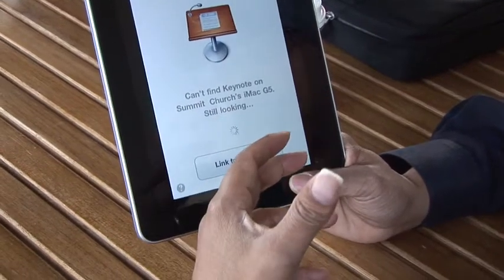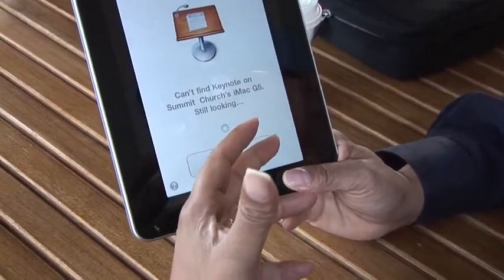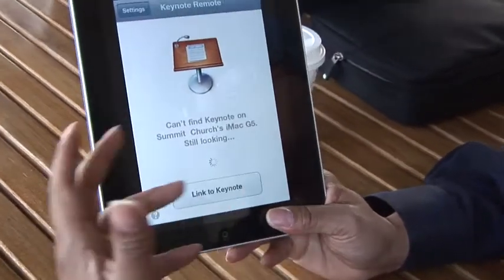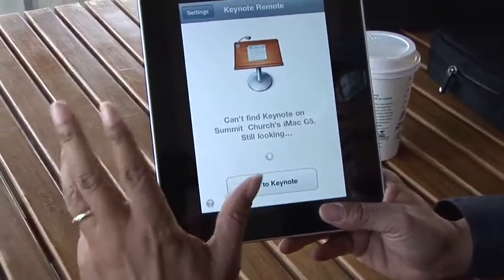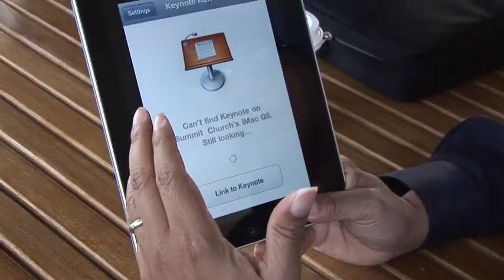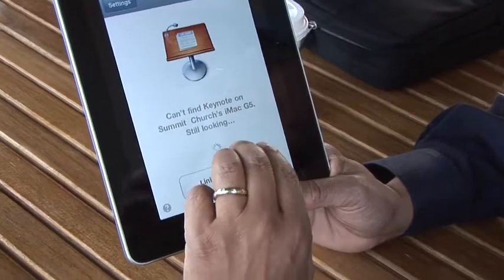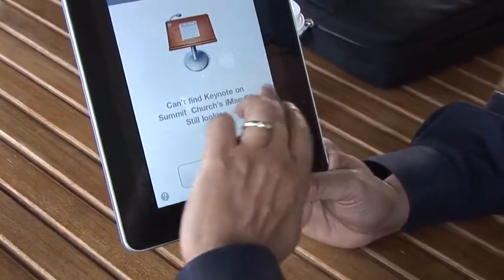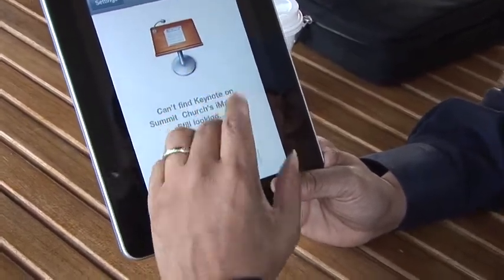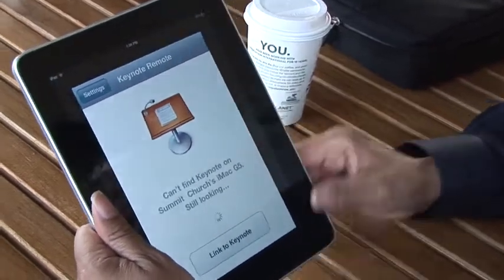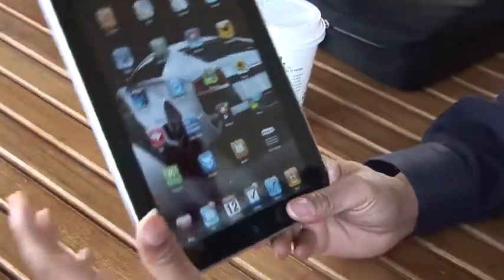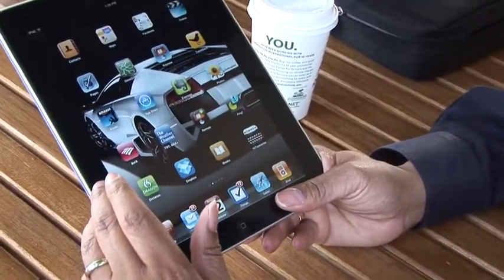But once it uses the Wi-Fi in the building to access the Keynote, and once it does that, it will find it through the Wi-Fi, and I can control all of my slides from this iPad. So I'll just slide from slide to slide, okay? And then I can also see my notes underneath it. I used to do it with the iPhone, but I gave up because of its size, and some people say, isn't this just a big iPod Touch? Actually,